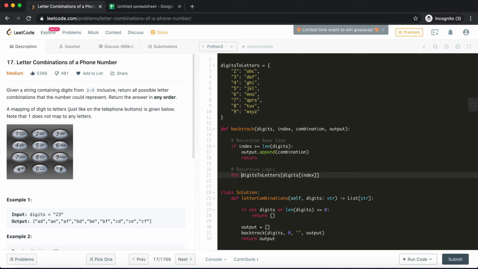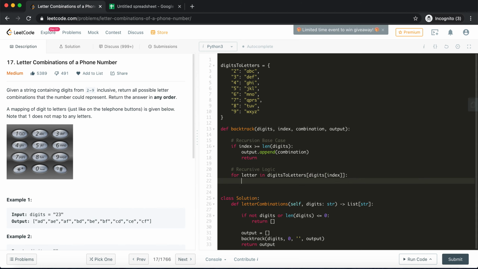Now for every letter in the combination of letters that has been returned, I need to call the backtrack function. So I'll call the backtrack function, and also need to build my current combination.